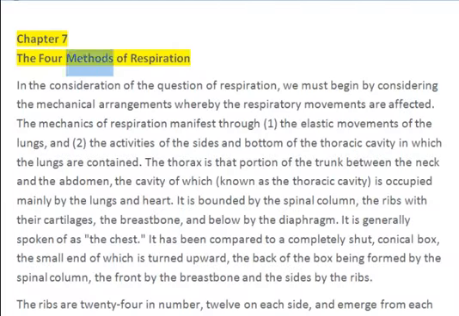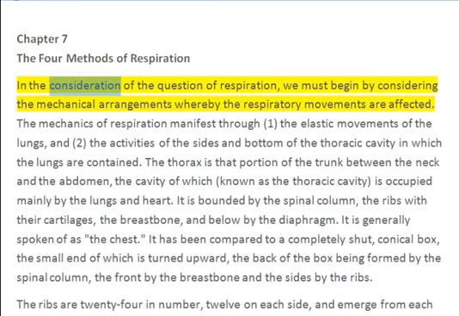Chapter 7: The Four Methods of Respiration. In the consideration of the question of respiration, we must begin by considering the mechanical arrangements whereby the respiratory movements